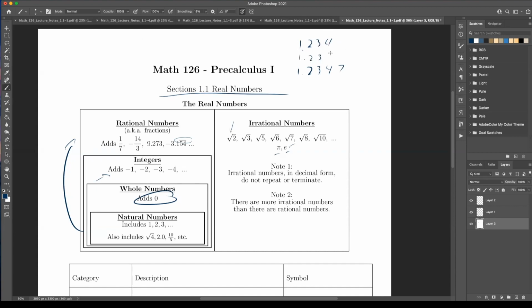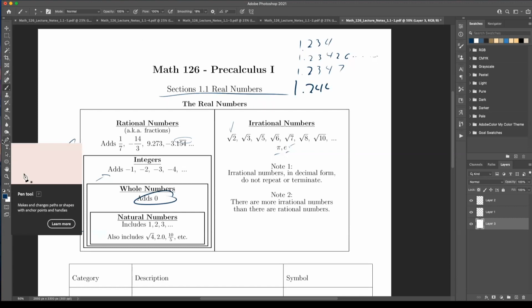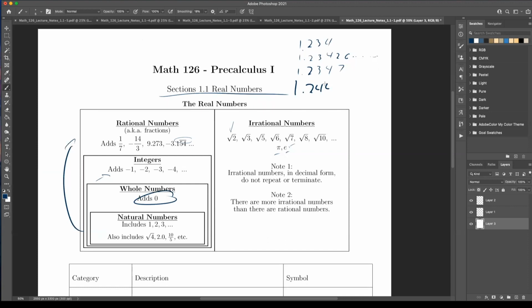So I could have 1.34426... right? Between every two rational numbers, there's an irrational number. You can easily just think of something that just doesn't work. And between every two irrational numbers, 1.34, let me make this smaller. Hold on. There we go. And I said 3.4, but I did not write 3.428...